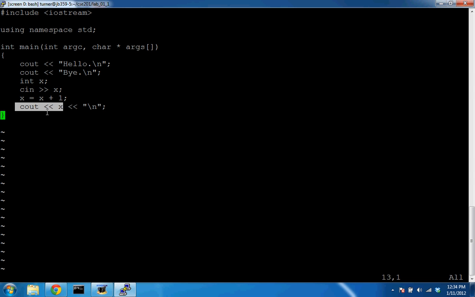So what we do is we take the contents of X, not X itself. We don't print X here. We take what X represents, which is a number, whatever that value is, and that depends on what the user types in, by the way. So in the source code, we don't know what it's going to print because we don't know what the user is going to type. So take the value represented by X, send it to the console window, and then when you're done that,